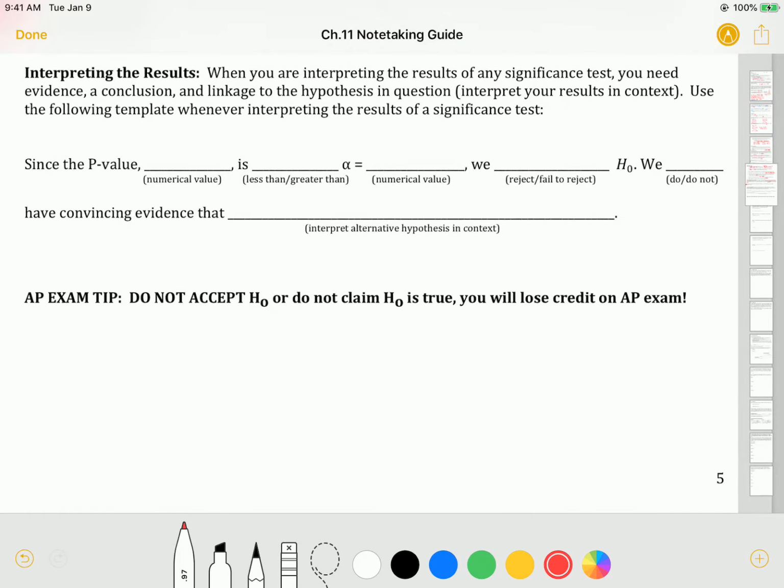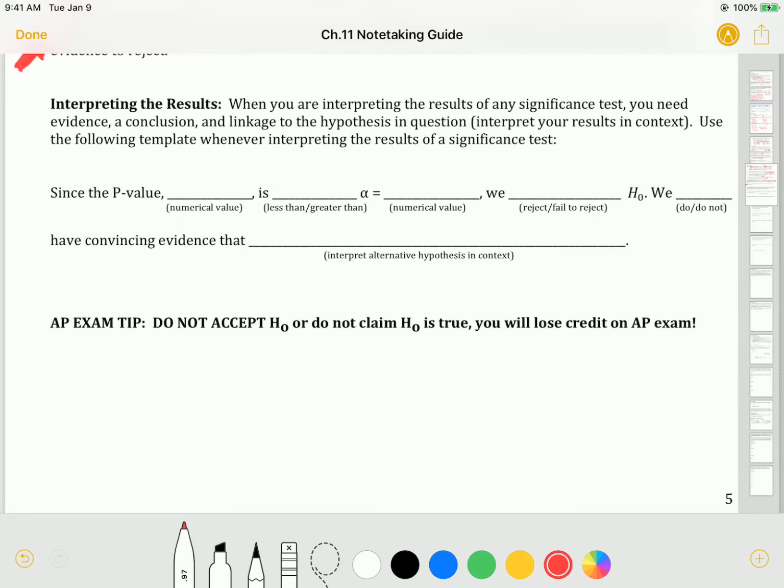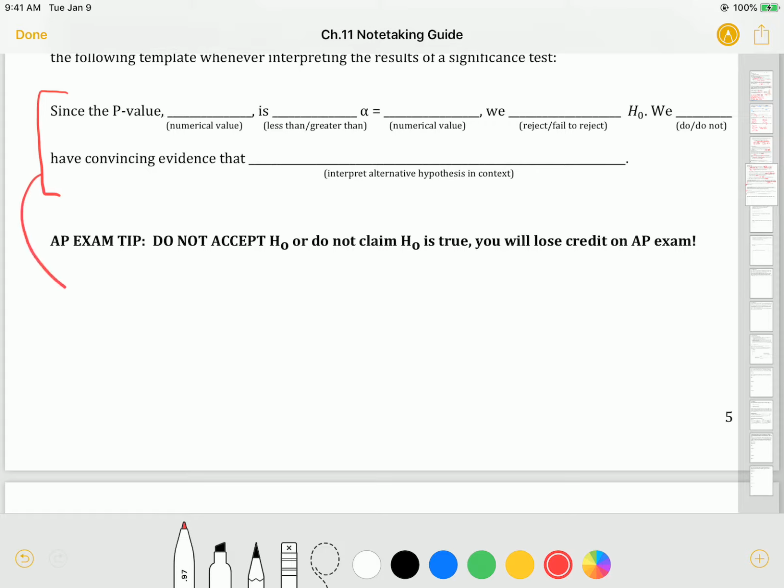When we go about now interpreting the results, we're going to use this little template here. And what we're going to say is, since the p-value, and we're going to give that probability, is either greater than or less than alpha, then we're going to conclude we reject or we fail to reject H0. And then further, we are going to say we either do or don't have good evidence in favor of this alternative. Now, there's three things that you need in order to get full credit on the AP exam for